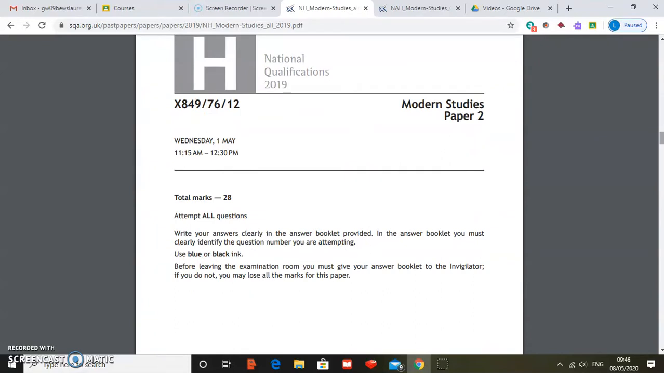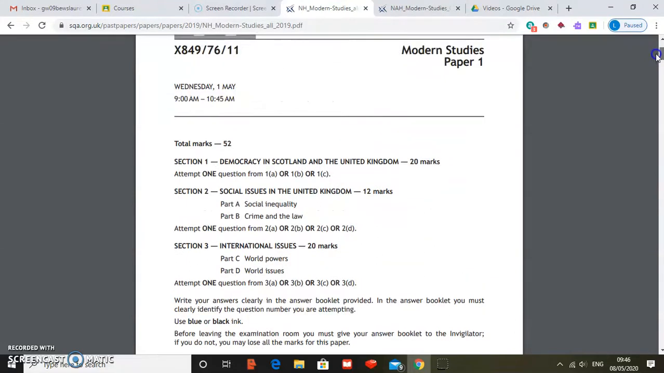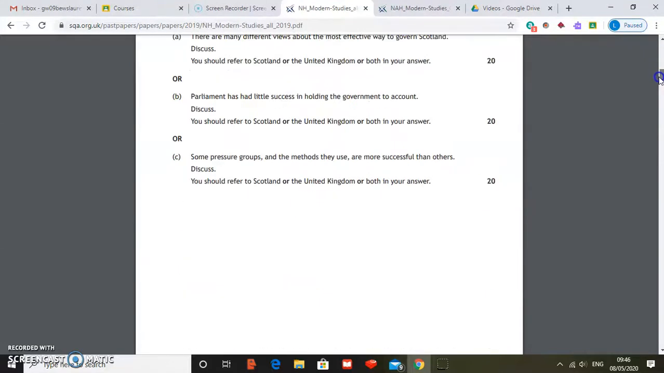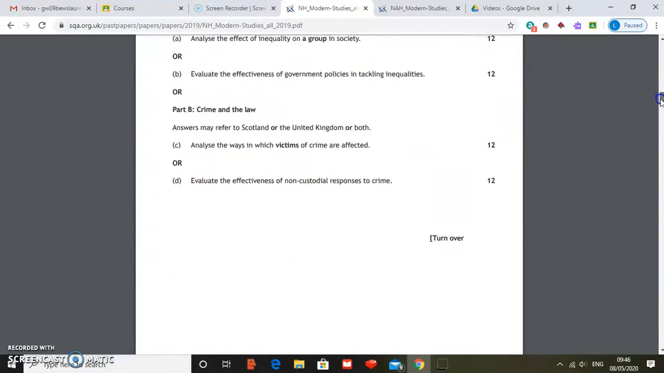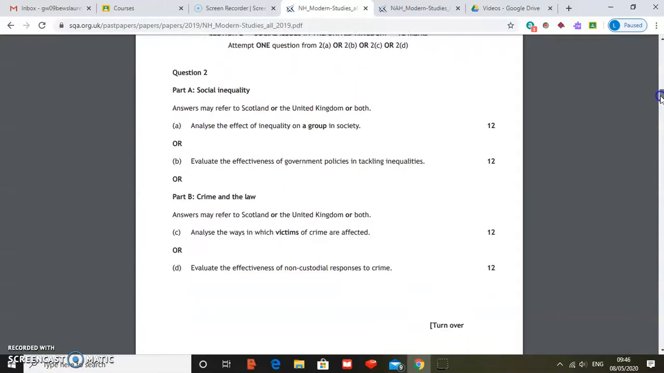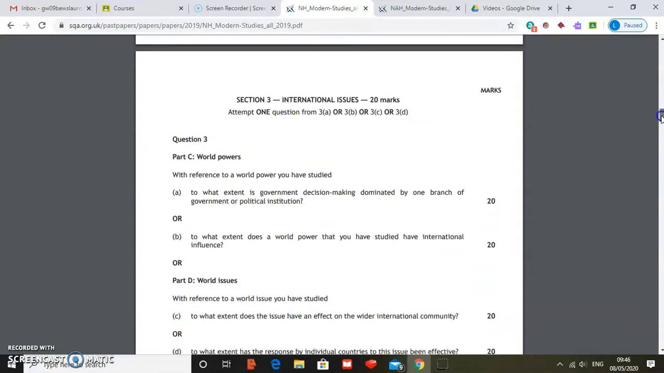Now, the paper 2 is worth 28 marks. As you can see, paper 1 is worth 52, bit strange. Then you add in the assignment, which is worth 30. That means your whole paper is actually out of 110. Now, looking at paper 2,